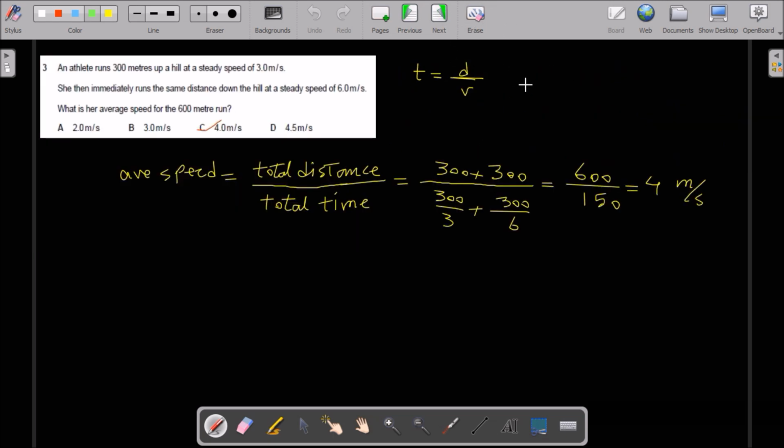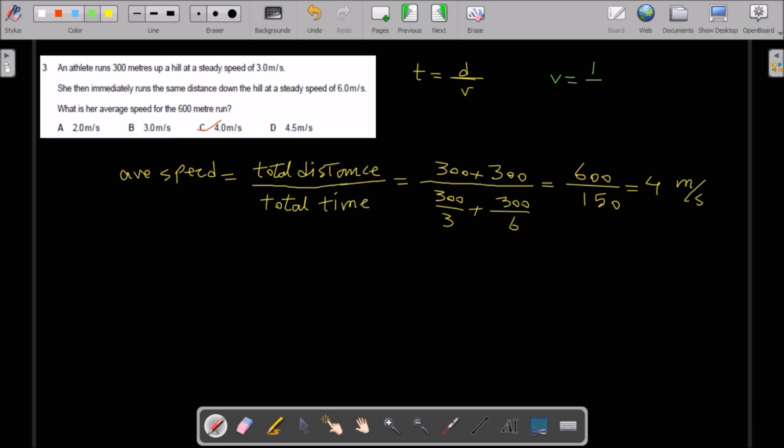Question number 3. An athlete runs 300 meters up a hill at a steady speed of 3 meters per second. She then immediately runs the same distance down the hill at a steady speed of 6 meters per second. What is her average speed for the 600 meters run? We know that average speed is total distance over total time. Total distance is 300 plus 300. Total time, you know that